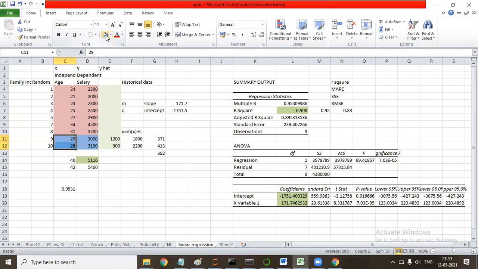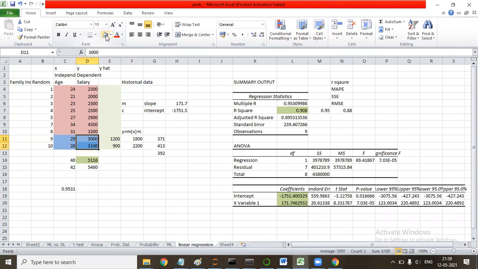This is X test. I have been saying to predict the age when it is 29 and 28, what will be the Y predicted value? This will give me the Y predicted value, and I will match it with the Y actual value, that is this.